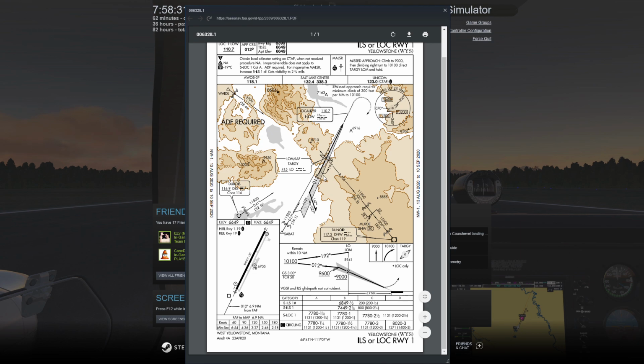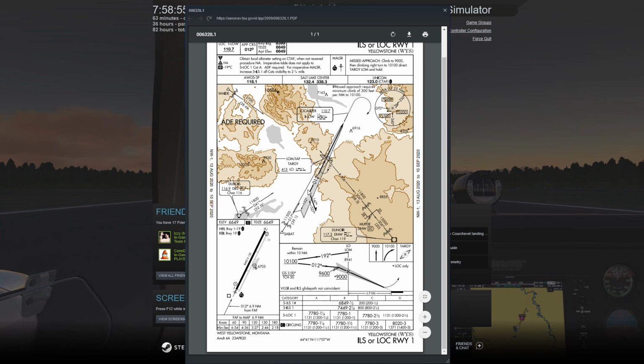I'm sure there's an exact number that you're supposed to use for that. I have no idea. We're going to fly out for a couple minutes, turn to 147. I usually do a 1 minute and then turn and then 1 minute back sort of thing, just to give myself time to set up. So we're going to fly out here still at 10,100, turn to 147 for 1 minute,